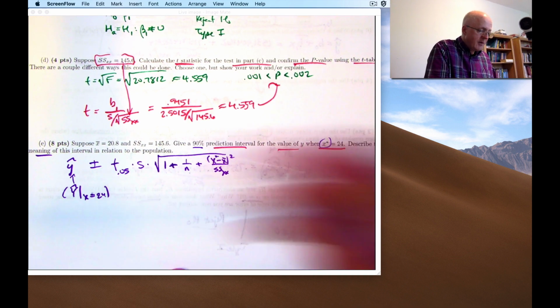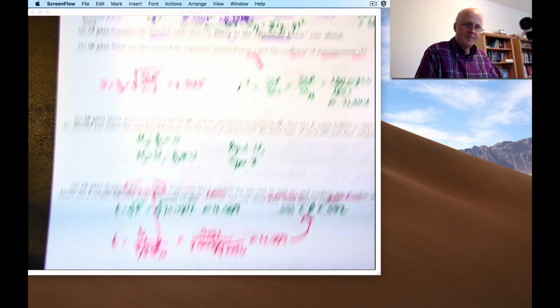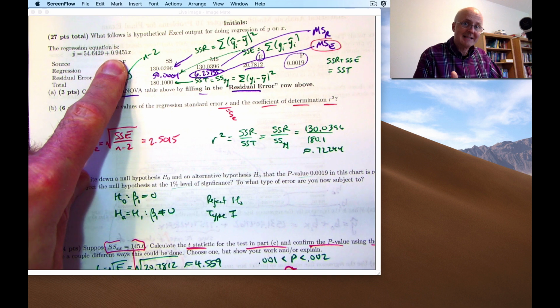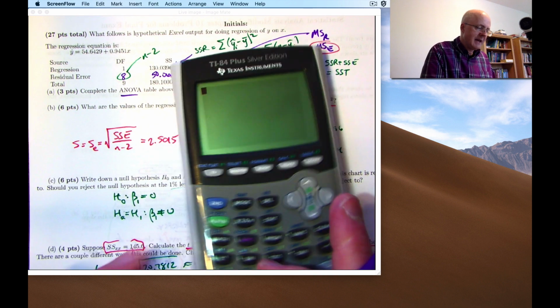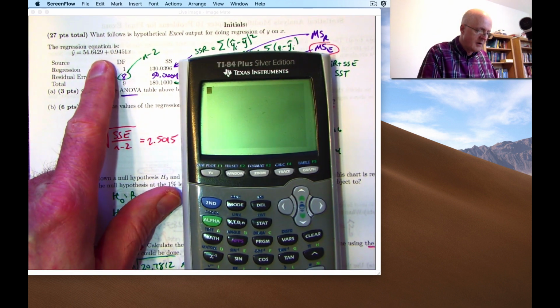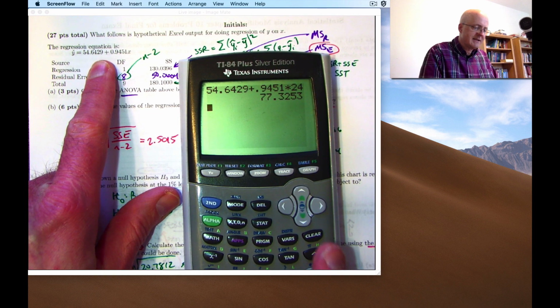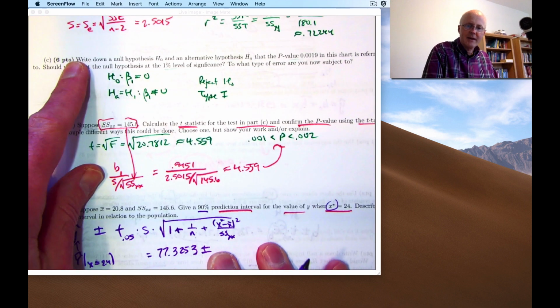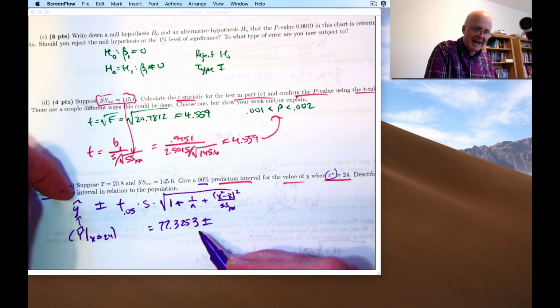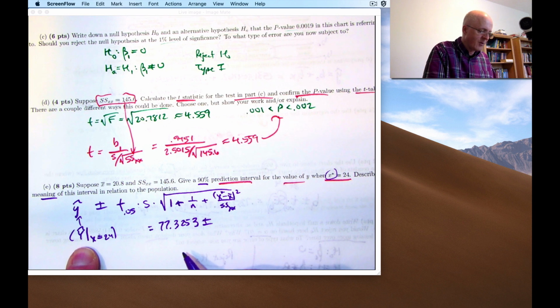To calculate y hat, we need the regression equation. So we need this equation back up here. Plug in x equals x star, the number you're thinking about, 24 in this case, into that. So I need to take, I'll do it all at once here, 54.6429 plus 0.9451 times 24. It's about 77.3253. That's y hat. More specifically, it's your estimate for the next observed value y. I guess I'm doing a little interpretation here when x is assumed to be